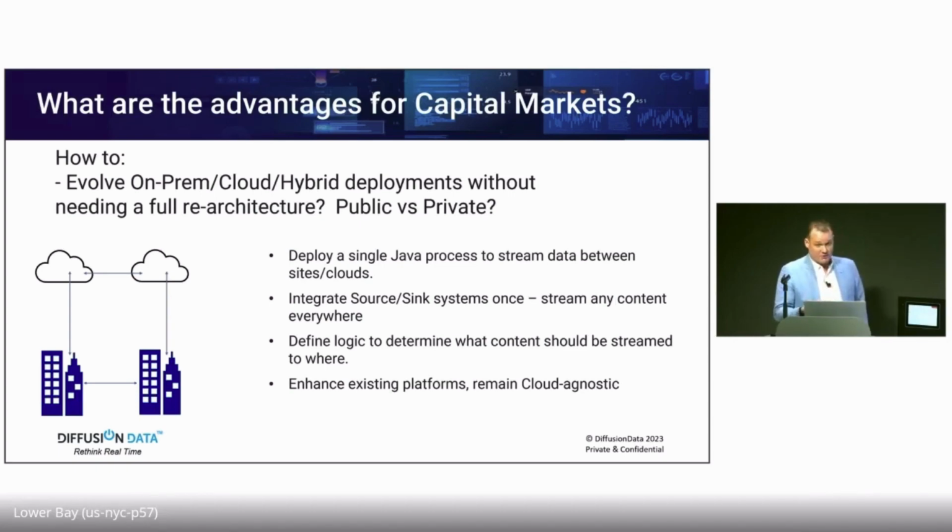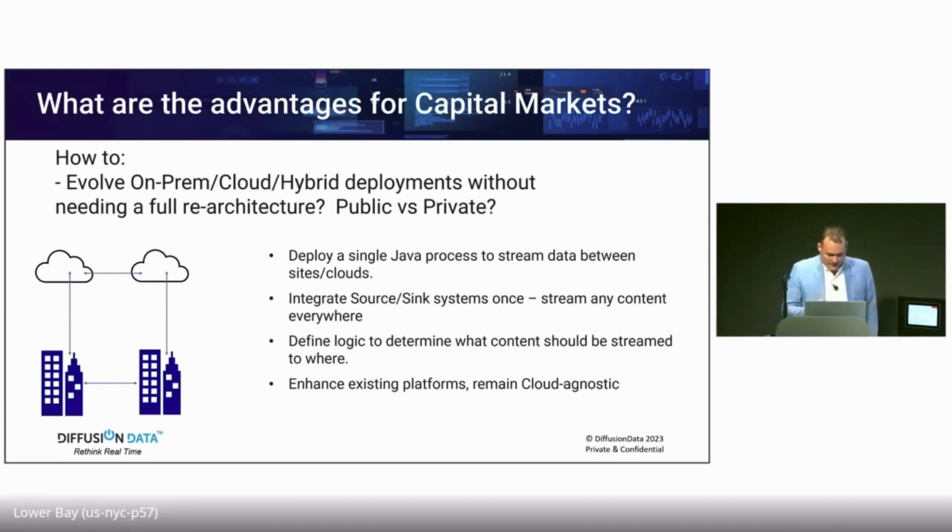Not every customer needs full order book depth. Some are interested in the top of book, top 5, top 10. So we can deliver only the content that each individual consumer requires, or indeed what should be streamed across the different regions as well. This also helps our customers make sure that they're only sending the data that needs to be sent and is allowed to be sent, so that they're not sending data to particular regions or different places where that data should not be flowing.